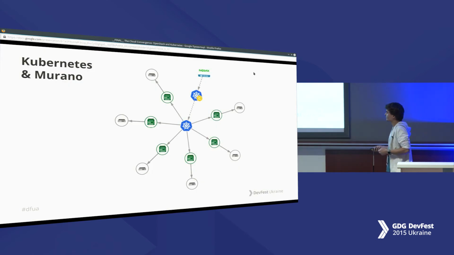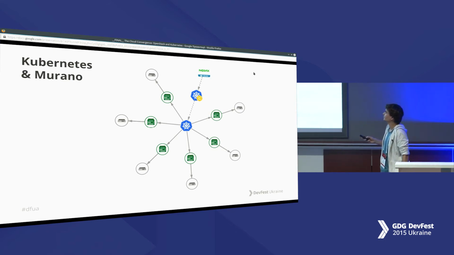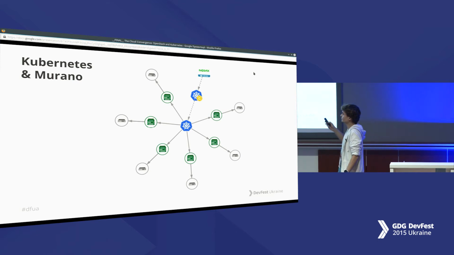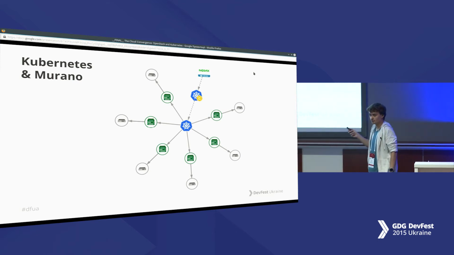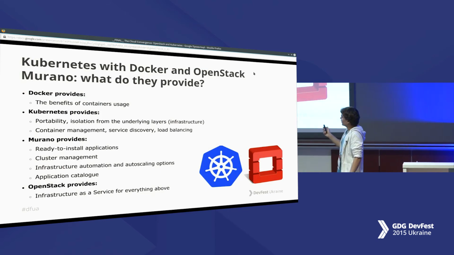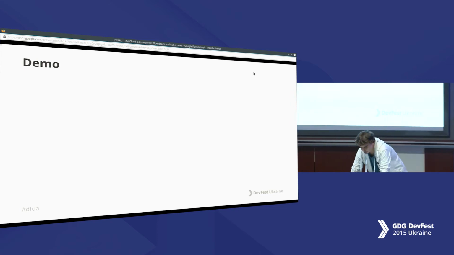So this is a little example of a whole Kubernetes cluster that runs on Murano, a Kubernetes cluster with a Kubernetes pod where the Nginx web server is run. And this whole structure is being built on the base of Murano above OpenStack. I will tell you about this later. So now we'll bring you a demo.